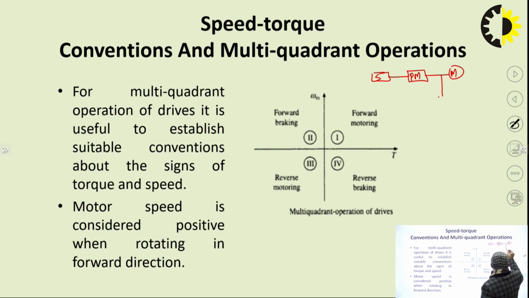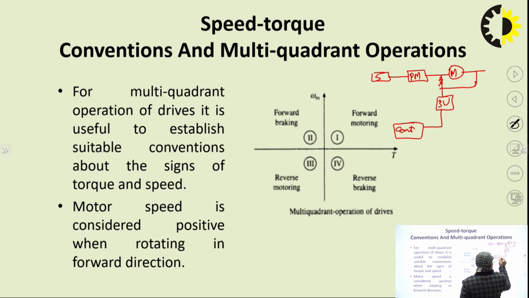There will be some sensing unit which senses the output of the power modulator, or it can also be fed to this point. If we do not want to connect from here, we can connect from there. The output of the motor will be compared with its reference value. Then there will be some controller. The controller is nothing but firing circuits and other types of control units.